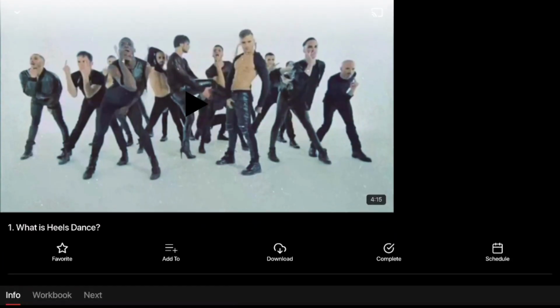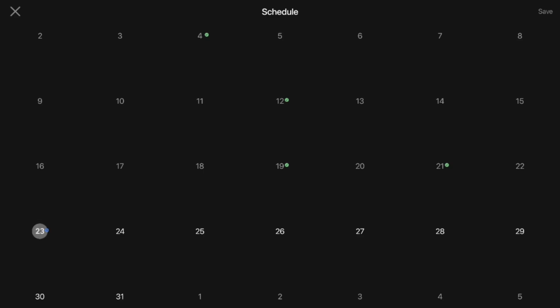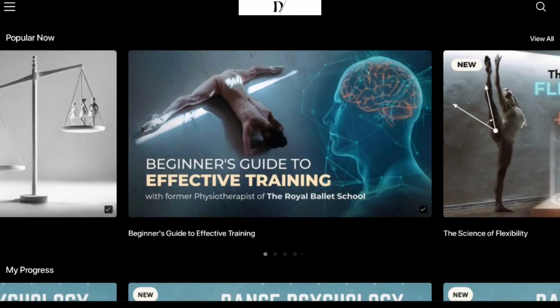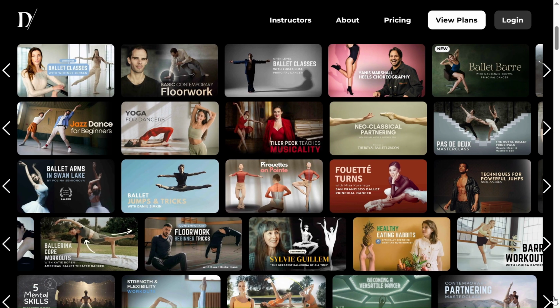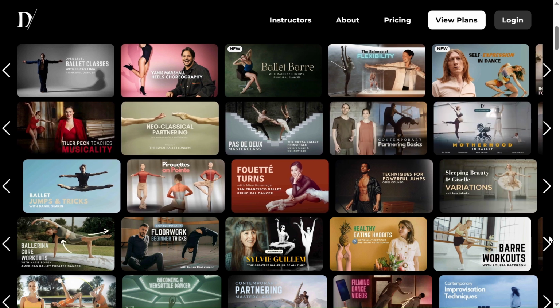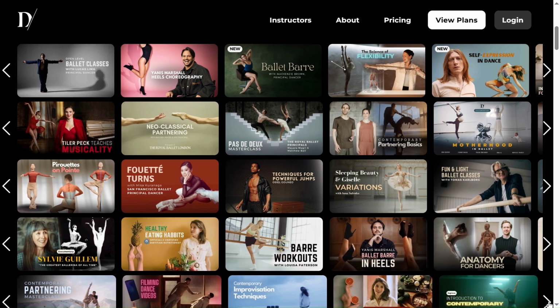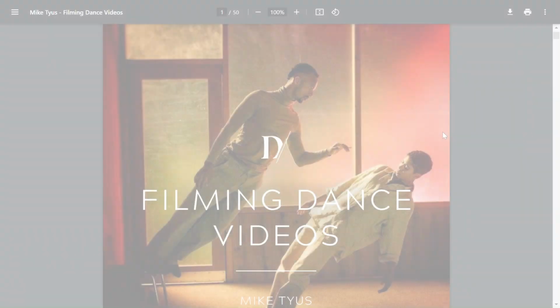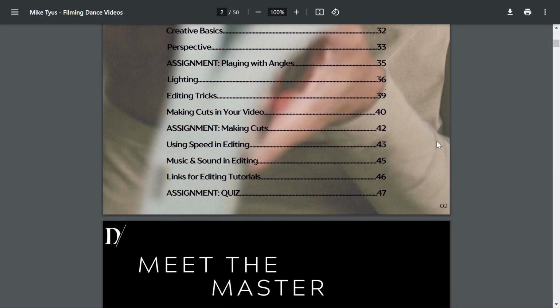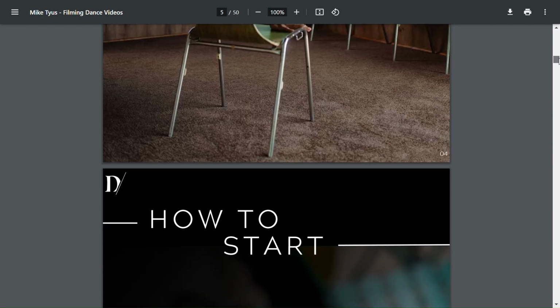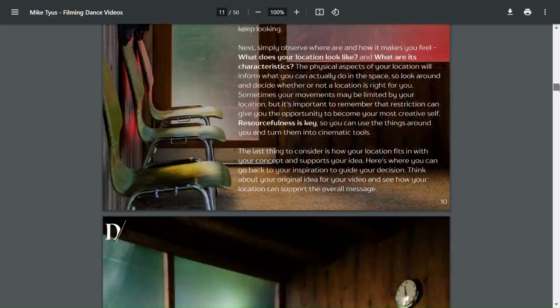In addition, the in-app calendar feature enables you to schedule your classes ahead of time and stay updated regarding your class completions, aided by the tick widget for effective progress tracking. With their abundance of offerings, it can sometimes be difficult to remember what classes were already attended, or simply if you need a clearer pathway to achieving set goals. Of course, the downloadable workbooks continue to help you consolidate your work even further, and as you can see, they definitely know what they're doing, as all these minute details are so essential in providing a comprehensive learning experience.